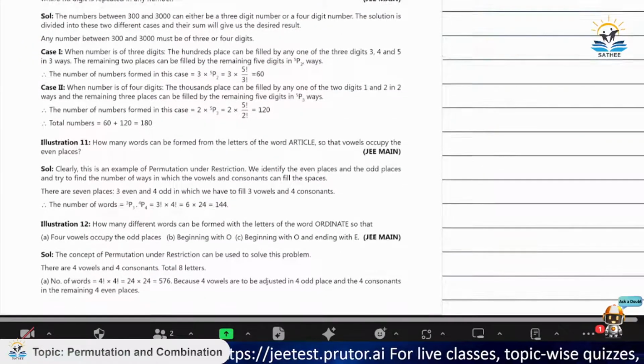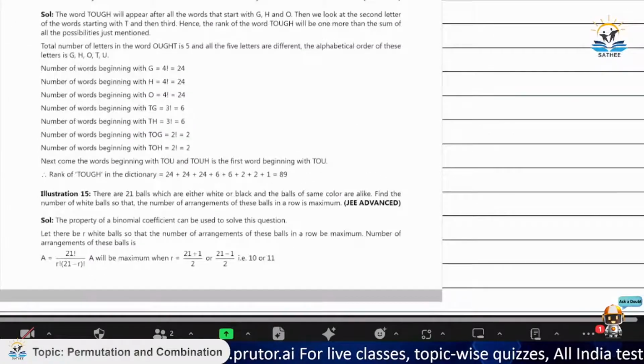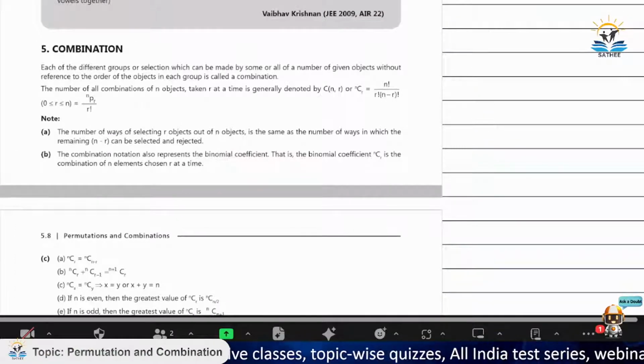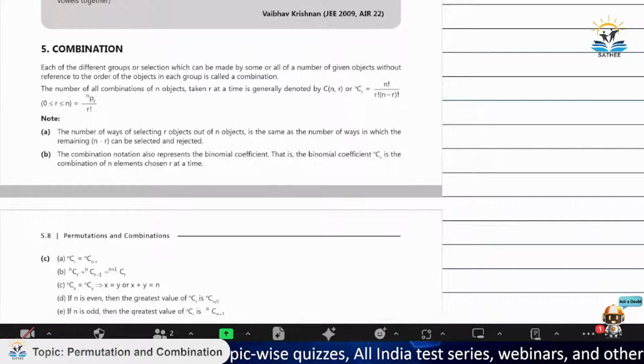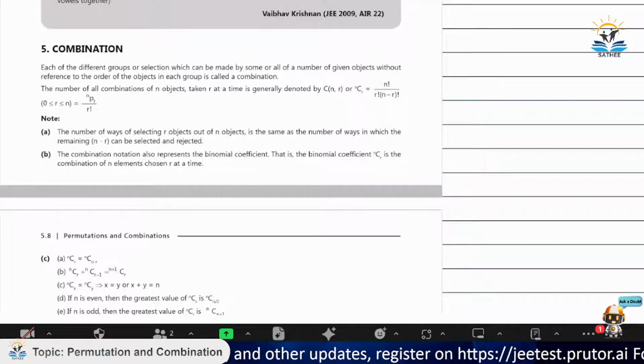Okay, so do we have time for covering combination as well? Let's see. Let's just go about combination right now. After that we will try some questions, okay? So for combination, I'll tell you what combination basically is: permutation, but where the relevance of arrangement, the order, is lost. We don't care in which order we place our objects. Combination is more about selection of objects. So that is very important for us to understand.